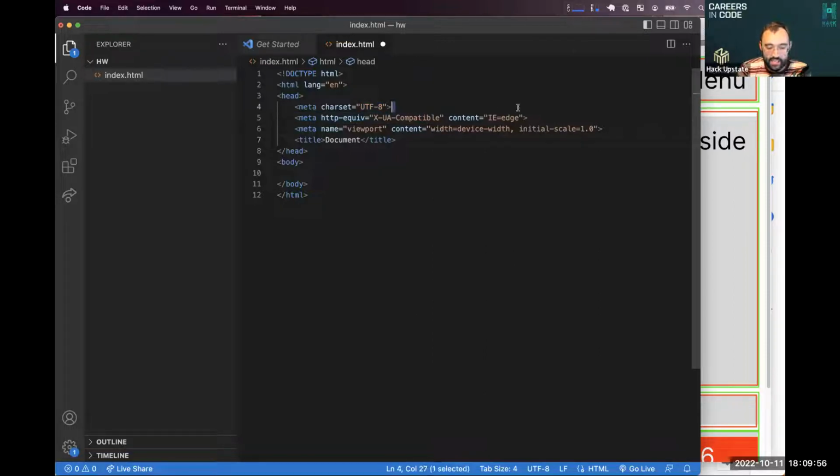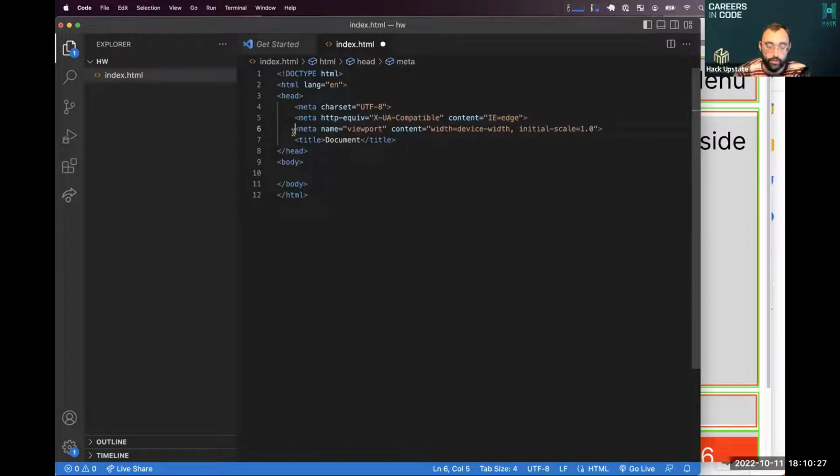Next, this is thankfully slowly dying. This X-UA-Compatible IE=edge. This is an old thing for Internet Explorer. So for people on super old browsers to say, try and use a modern way of interpreting this code. You guys are not going to get quizzed on this. You don't need to know what letter by letter all of this is doing, but you will find that when you're on a lot of different websites, you'll look in the head tag and you'll see a lot of this